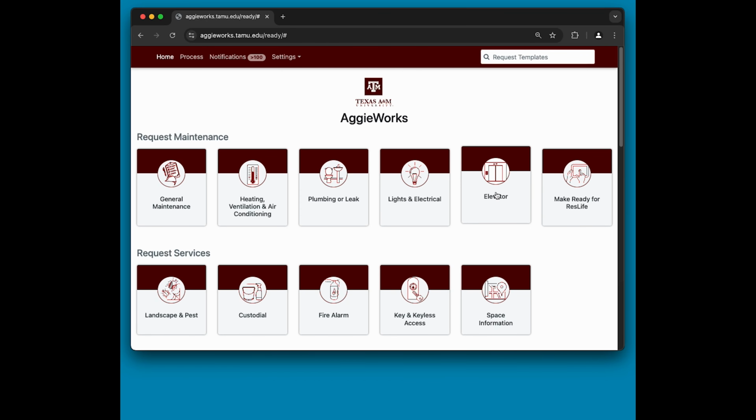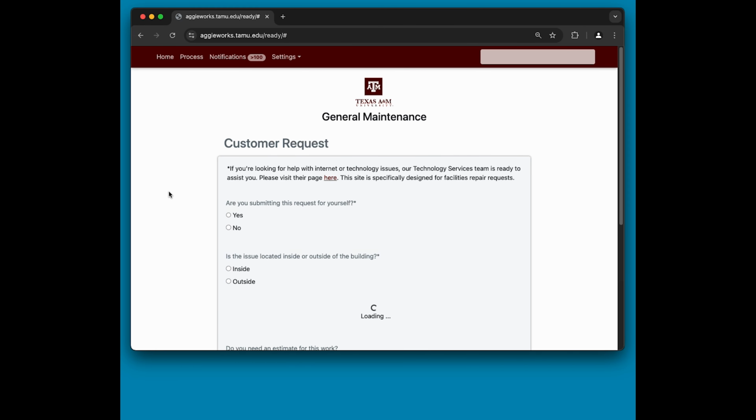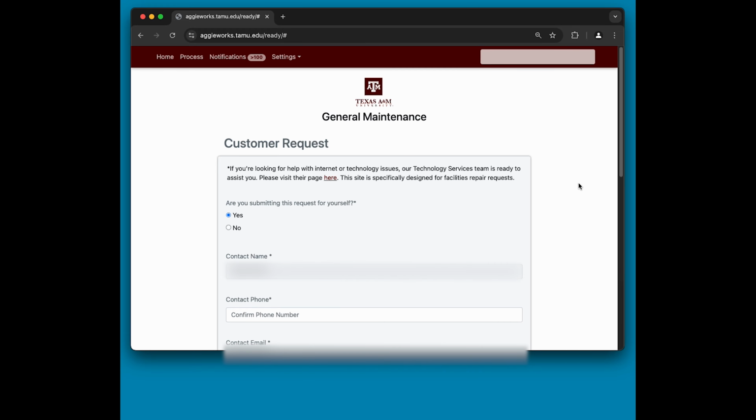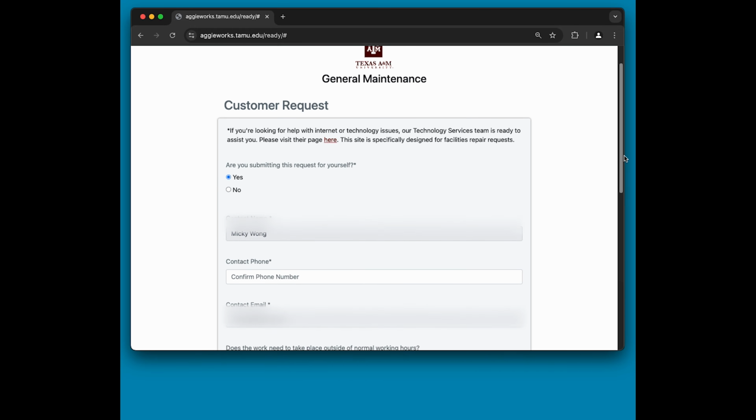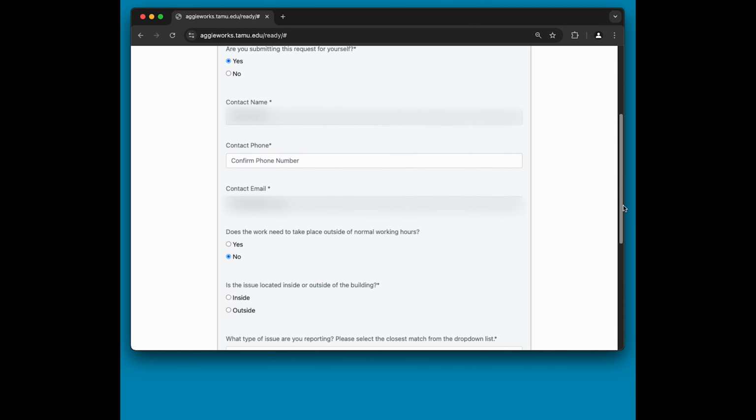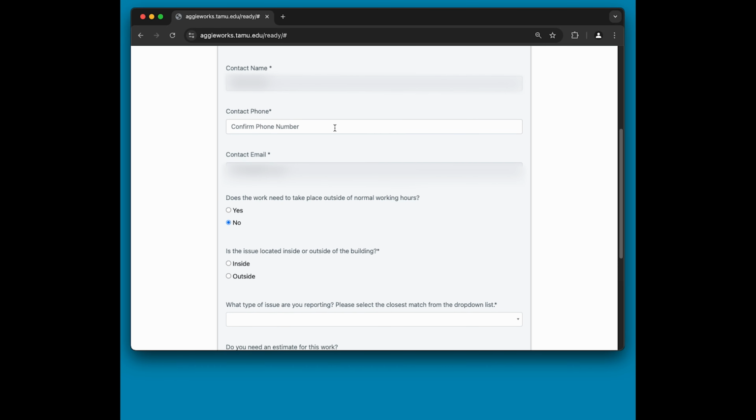Let's start by clicking on the General Maintenance tile. A new form will appear with your name, phone number, and email already pre-filled for you. If your number is not filled out, you may do so here. If this request is for you, then leave the option to Yes. If this request is on behalf of someone else, then select No, and you will be asked to provide their